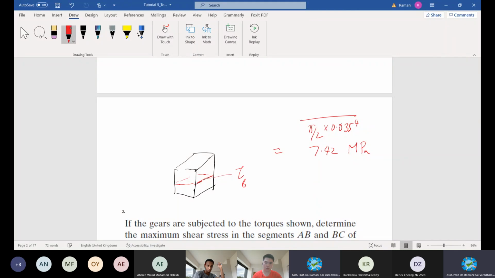Shear stress at B is equal to 6.79 megapascals. Like this you can shade it if you want. Distribution will be all through the diameter until the end across the cross section. When you go to the next diagram, which is at A, it is at a certain distance, right? 20 only, not covering until the wall.